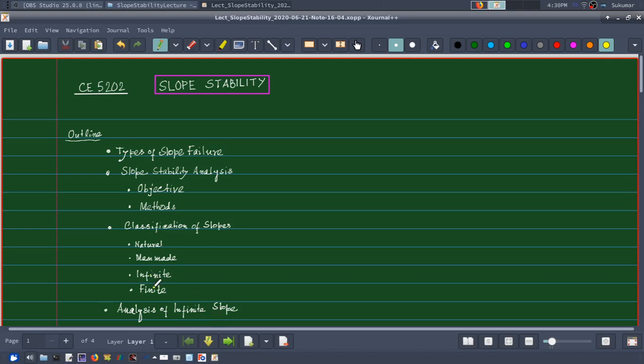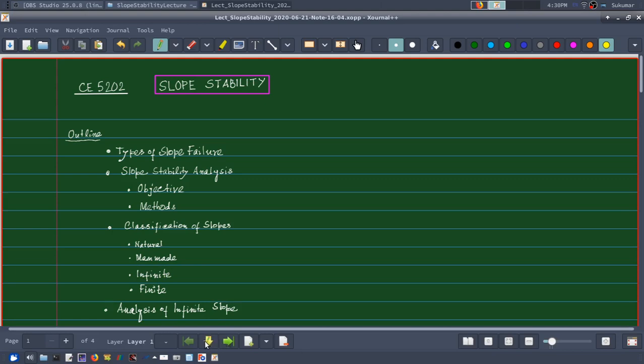Although most of the real slopes are finite slopes, because of time limitation we will not be studying slope stability analysis of finite slopes because it's a very huge topic. I will cover a little bit of analysis of infinite slope. Alright,